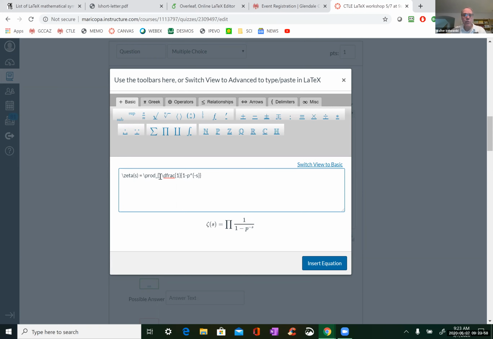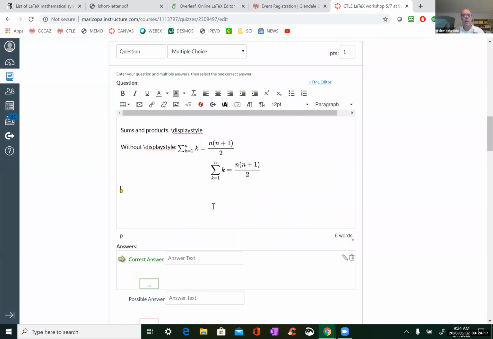Now you can do text within here. See, you can go, and now you can say, if you want. And there you go.